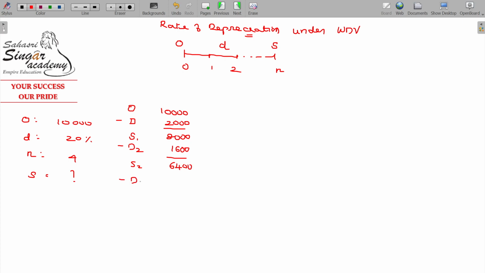And then for the third year, 20% is 1,280, and scrap value by the end of the third year being 5,120. And now again depreciation for the fourth year, 20% on 5,120, is 1,024. Then your scrap value by the end of the fourth year is 4,096. Is that okay? Now the question is